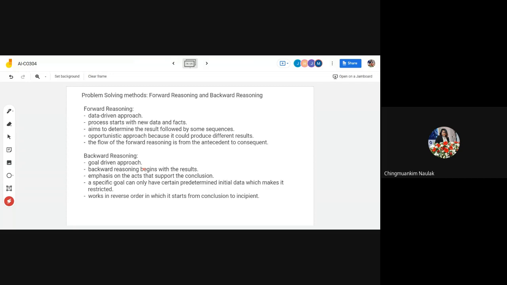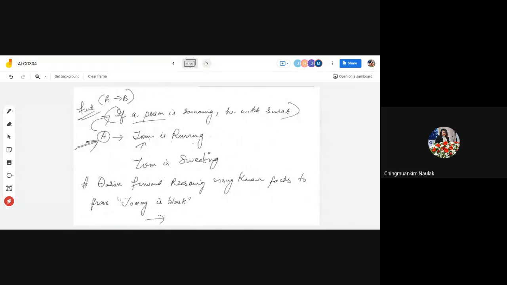This is the opposite of forward reasoning. In this type of reasoning, the goal is broken down into sub goals to prove the facts true. You have to prove that the facts are true. And why is backward reasoning known as a goal-driven approach? Because the list of goals decides which rules are selected and used. Okay, so let me explain backward reasoning again here